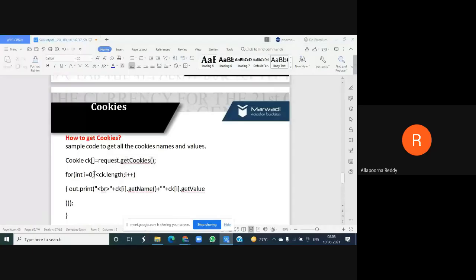But as it is an array, I don't know its length, so it is dynamically sized with empty subscripts. So I take an integer i equal to 0, and till i is less than ck.length, I'm going to get all my cookies as well as their names. Everything can be written like this. You're going to get information about all the cookies, not a single cookie.